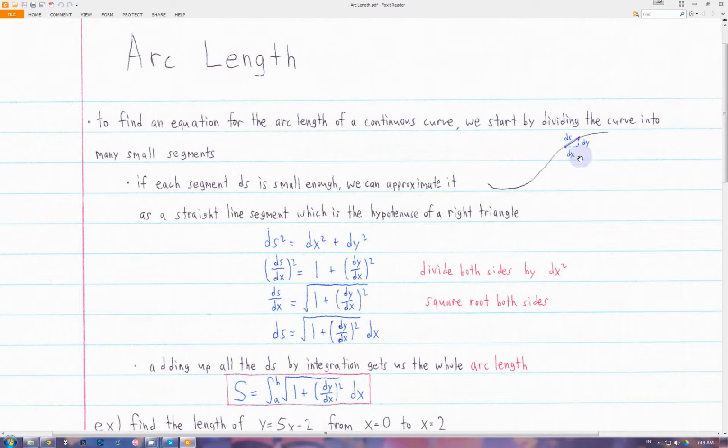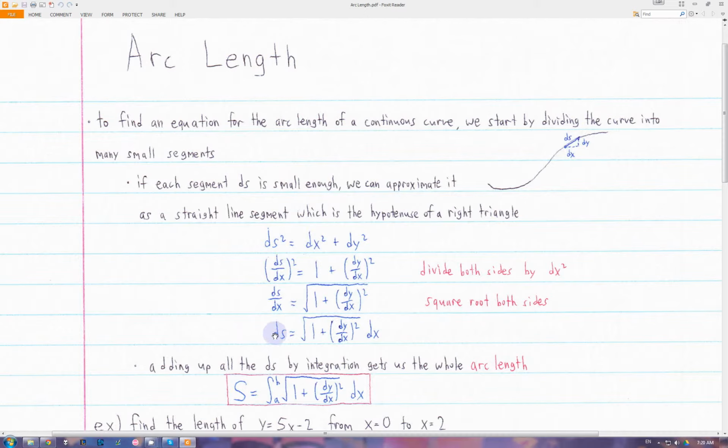So by the Pythagorean theorem, ds squared, the length of each of these segments, is going to be equal to dx squared plus dy squared. And then if we divide both sides of this equation by dx squared, and then take the square root, and then move the dx over to this side, now we have an equation, because if we integrate ds,